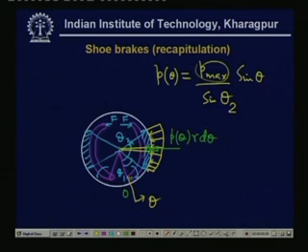Now, there are two forces, one is this P theta r d theta and another is the friction force. If it is rotating in such a way that the friction force is acting along these directions, then this is mu times P theta times r d theta. So, we have to calculate two moments. First, the moment of this normal force, P theta times r d theta, times this distance,